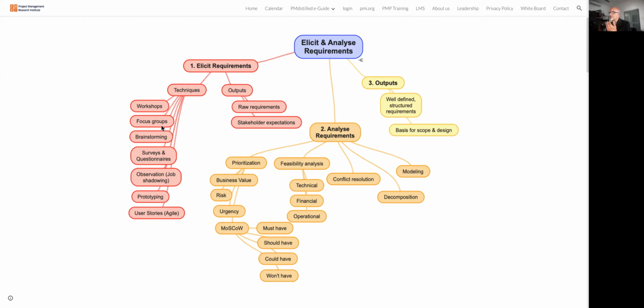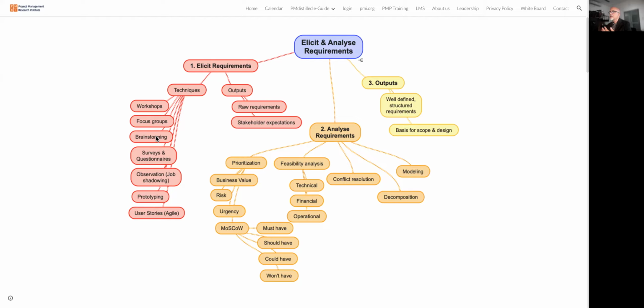Then focus groups. Here we are talking about task forces or dedicated task forces to achieve certain things. Brainstorming, I think we explained this multiple times. The sole objective of brainstorming is to come out with as many ideas as possible, and there will be a moderator, and there will be some ground rules, and every person in the room will get an opportunity to talk. So we go either clockwise or anti-clockwise, and the key thing here is the objective is to generate as many